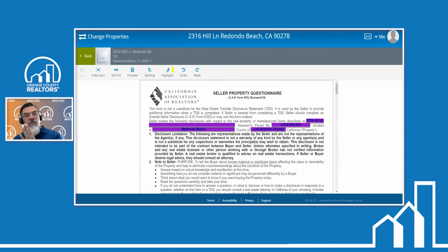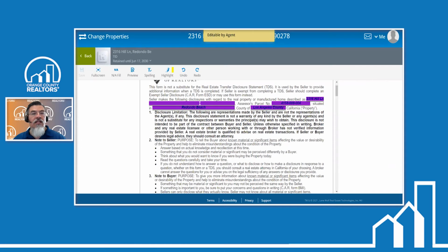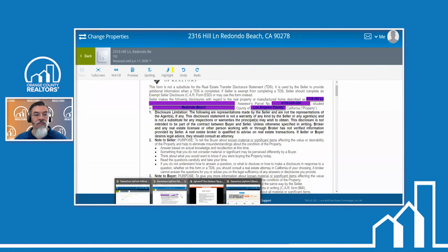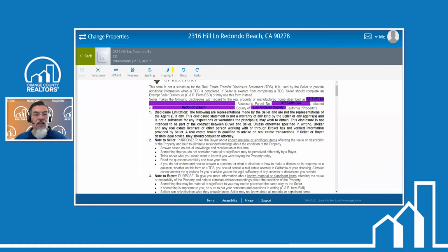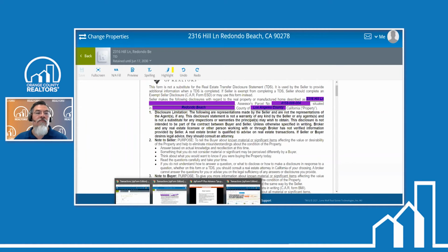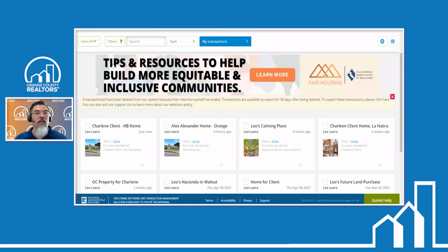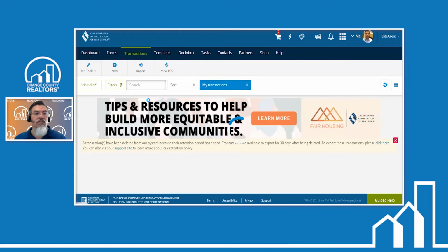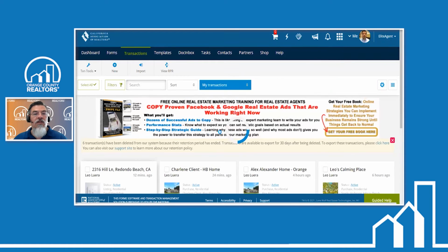Now, from David's perspective, these little purple areas, he can't do anything with it because it's editable by the agent. What does that mean? If I go into zipForms, let me go back, transactions. If I go into the account, if I go into documents, if I go into the seller's property questionnaire,